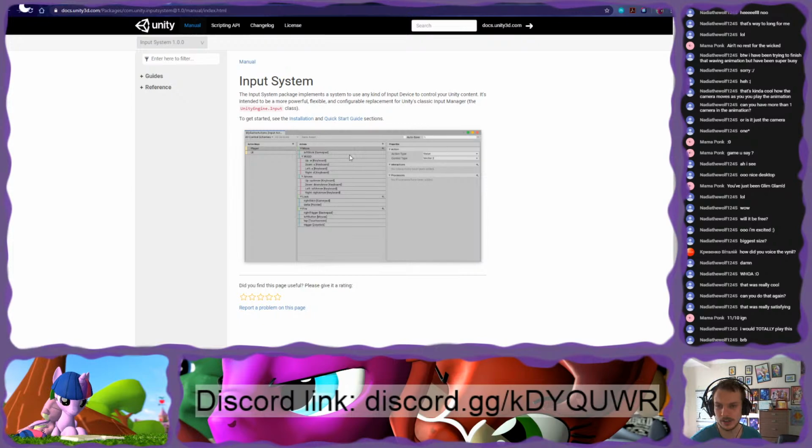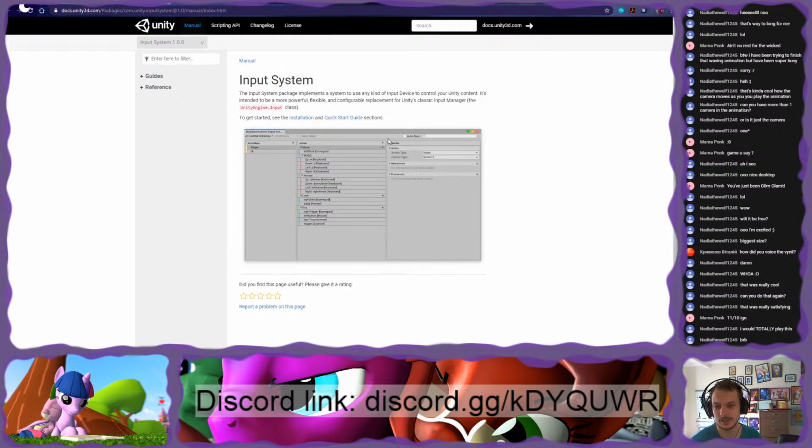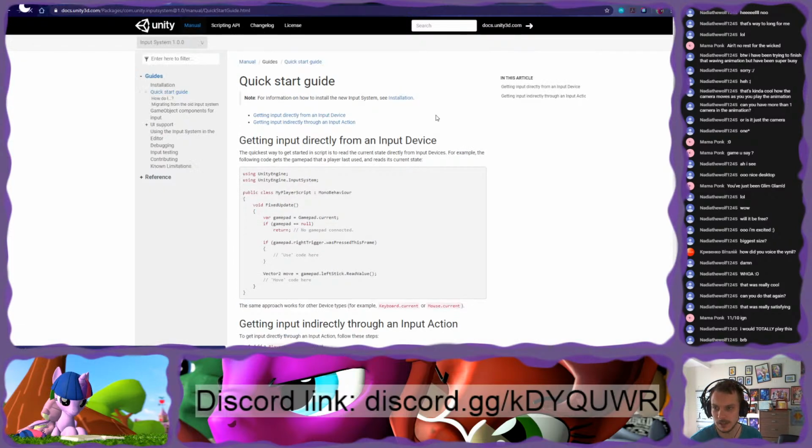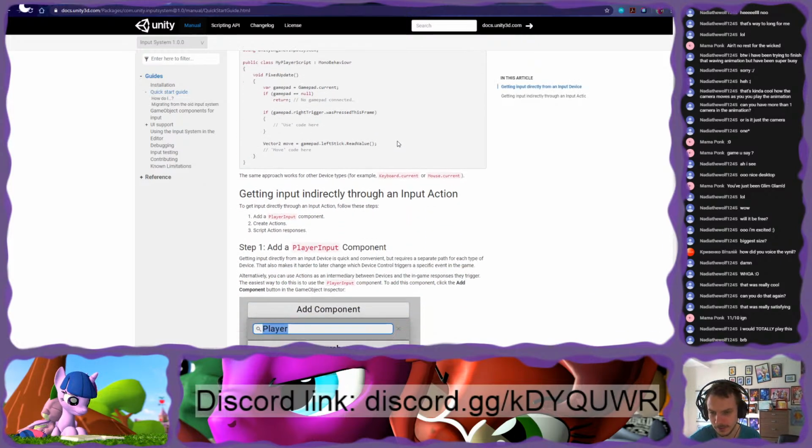Okay. So the input system package implements a system to use any kind of input device to control your Unity content. It's intended to be a more powerful, flexible, and configurable replacement for Unity's classic input manager, the Unity.input class. To get started, see the installation and quick start guides. Well, yeah, I know how to do that, but